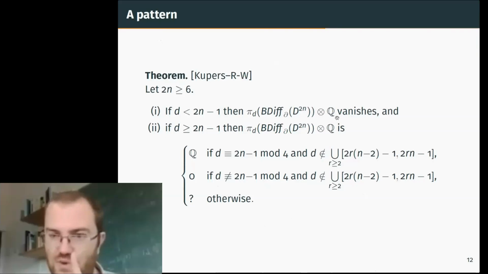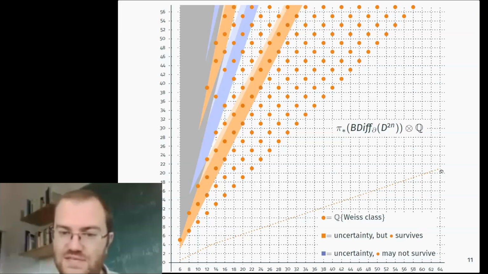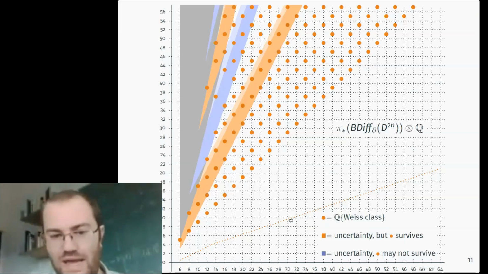Oh, sorry, one more thing I should have said on this picture. One more feature that I didn't explain is this dotted line down here. This is the Igusa stable range. So this is what, as far as we know, is the pseudo-isotopy stable range, this region down here. It's about the dimension of the disk divided by 3. So we're getting information up to about twice the dimension of the disk. So we're improving by a sort of factor of 6 on what was known before.